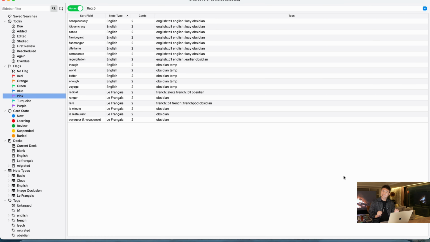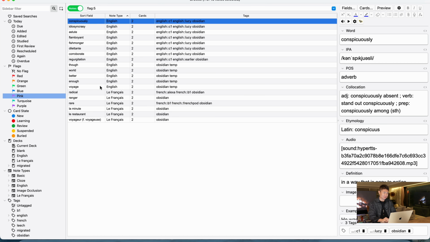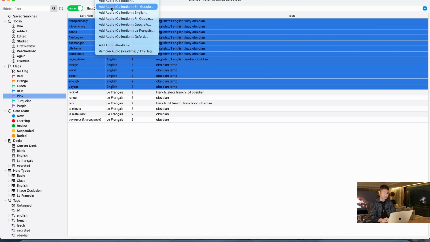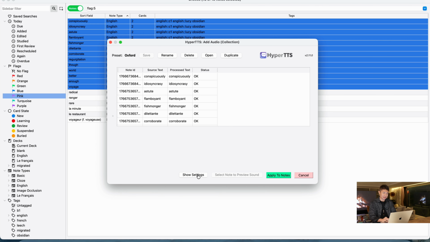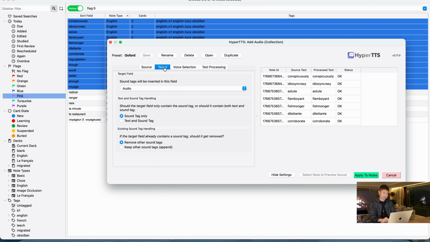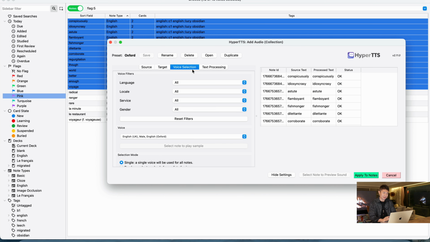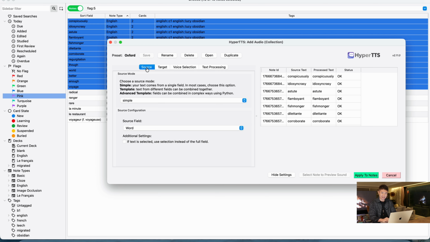Let's move on to the dictionary layer. That's where we can see how the traditional ones fight the newcomers. So basically here we have two candidates to test. The one being Oxford. Let me show you guys the configuration here. Oxford, because it's not an API, we just choose the voice and then apply it to all of them.